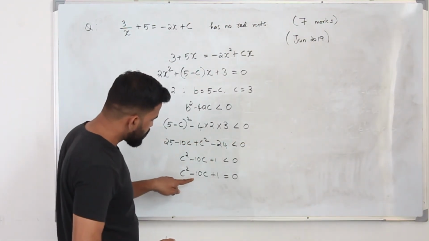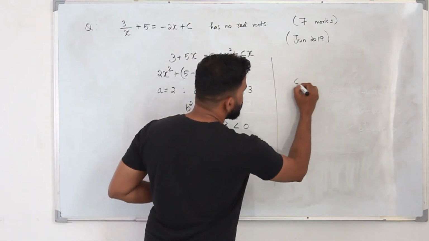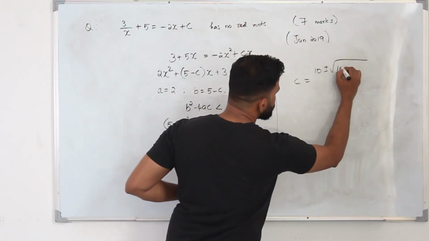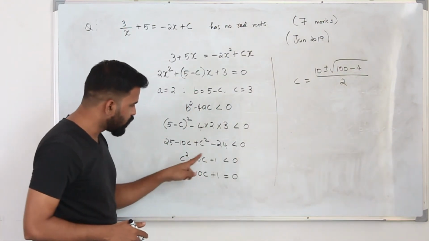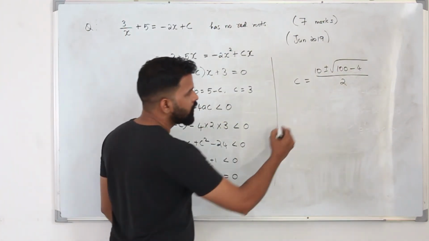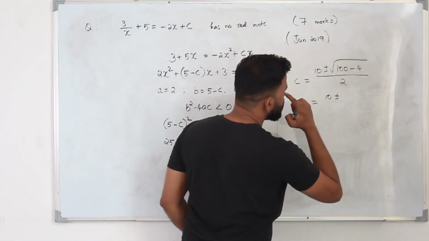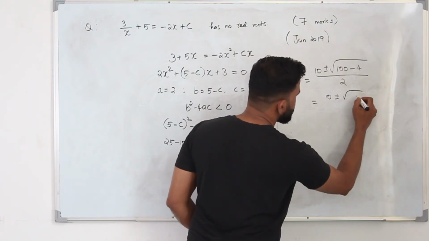So A is 1, B is minus 10, C is 1. So the formula is minus B plus or minus square root of B square minus 4AC upon 2A. Because 4AC will be 4. It will become 10 plus or minus square root of 96. You can write it as